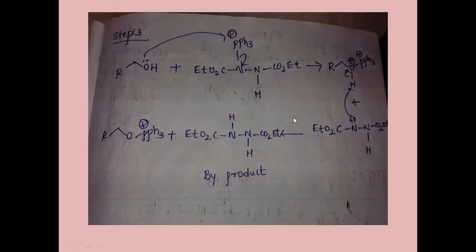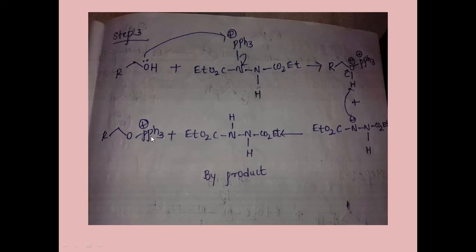In the third step, we'll have first, that is the alcohol. This oxygen will attack here. Here is a positive charge, here having lone pairs, and this bond will shift here. So what we are going to have is phosphine, triphenylphosphine, attached to oxygen, right? And there will be a positive charge, and we'll get hydrogen; if oxygen makes 3 bonds, we will get a positive charge, right? And this negative charge is shifted here, this one. This negative charge will abstract the proton from here, making it stable. So we are going to get this as a byproduct, and this one.